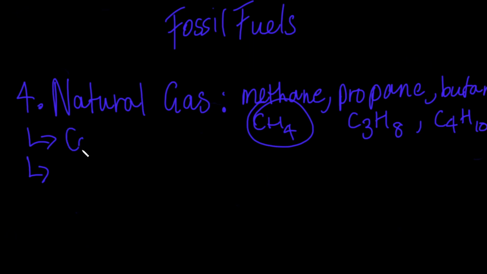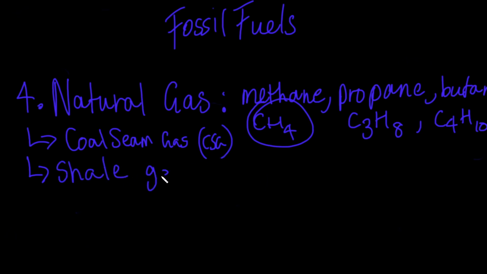So you have coal seam gas, which is specifically mentioned within the study design. It's also called CSG, which is the acronym. And you also have shale gas. Just to elaborate on these two, coal seam gas and shale gas are pretty much the same sort of thing in the sense that they describe what the gas is trapped by. In shale gas, it's trapped by shale rock, which is just a type of rock. And coal seam gas is trapped by the surfaces or the pores of different coal veins and areas where